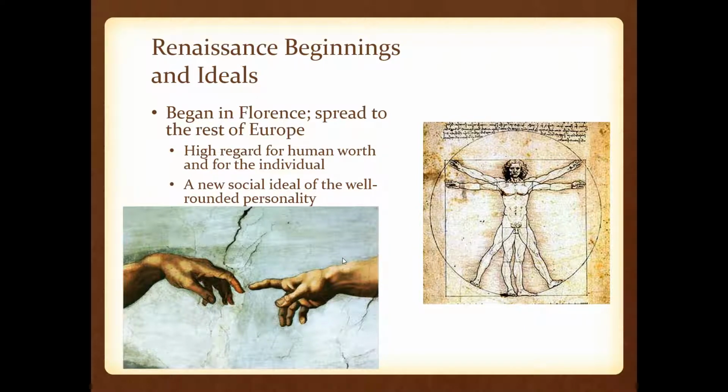And basically, this is sort of a one-upsmanship. I know more than you do. I can paint better than you. I can write better than you. I am such a well-rounded personality. I can do everything. And so this social ideal of being a much better rounded personality is known as a